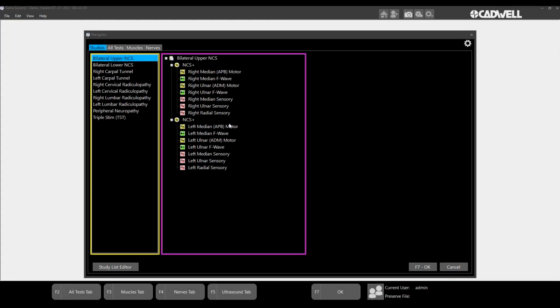This is a tutorial of the NCS Plus software in Sierra 4.0. When you start an examination, you'll always start with the navigator. For NCS Plus, you can either use the Studies tab to select a study that has a preset list of